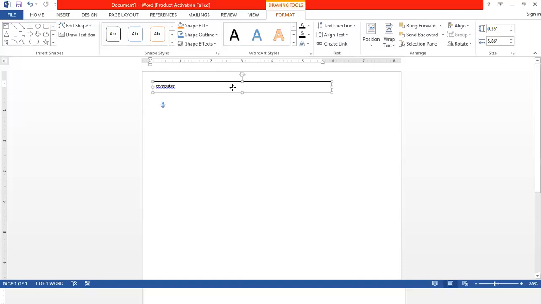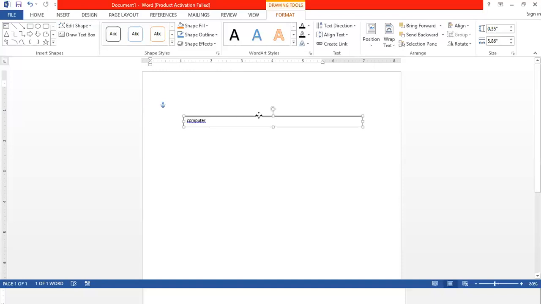Now, how do we identify which one is an object and which one is plain text? Objects are the content which you can move and resize in the MS Word application. So whatever content in which you get the option to resize and move, that will be known as an object. In this text box, we can resize it and we can move it anywhere on the page. That's why it is an object of the MS Word application.